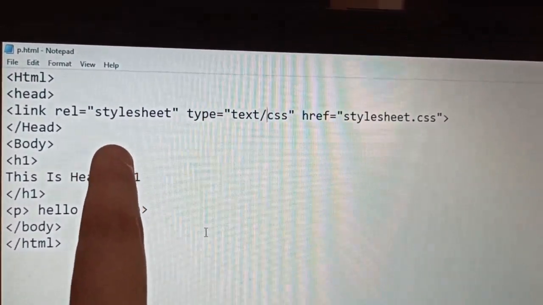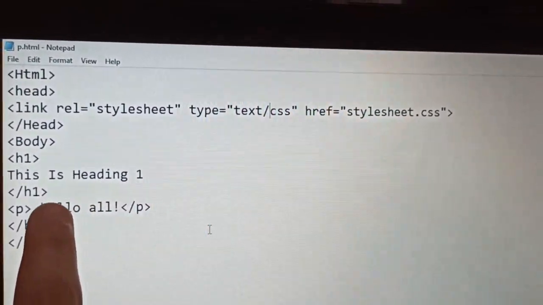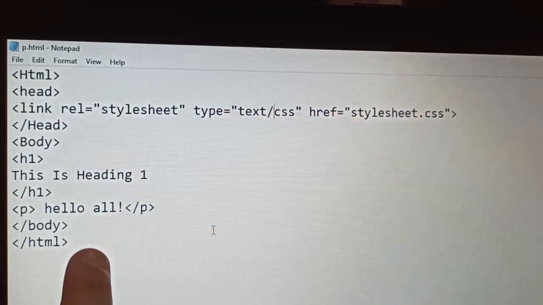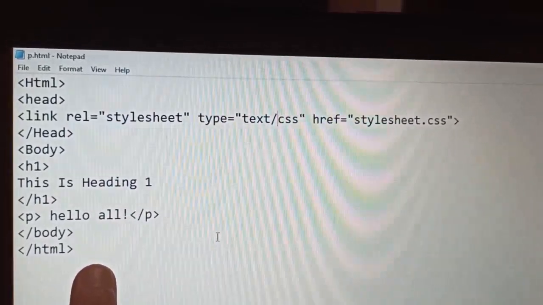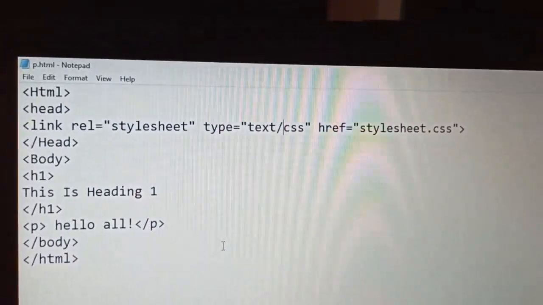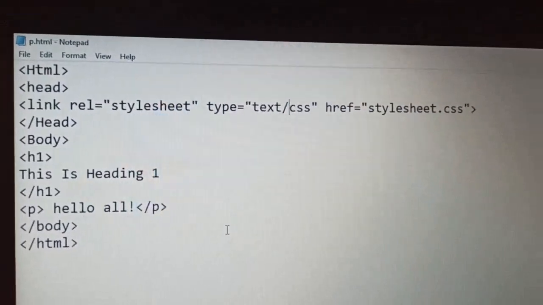Then I have closed the head tag, then body, then h1 I have given this is heading 1, then I have closed h1, then p tag I have taken hello all, and then I have closed p tag, then body closed, and then HTML closed. So my second file has also been created, and after that I have saved this file with the name p.html. So now let's check the output.